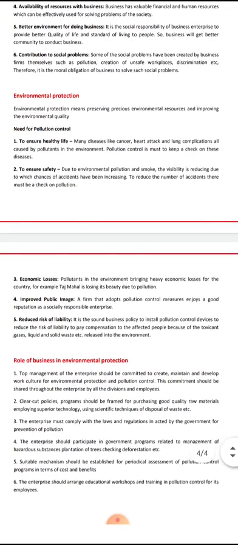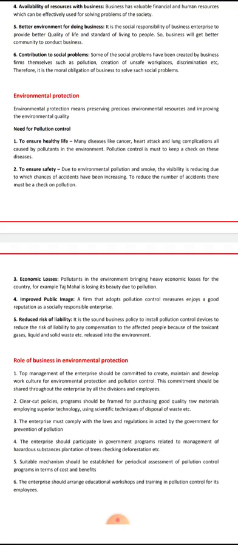So the next point is to ensure the safety. Due to environmental pollution and smoke, the visibility is reducing, due to which chances of accidents have been increasing. To reduce the number of accidents, there must be a check on pollution. So this is the second point. The third point is